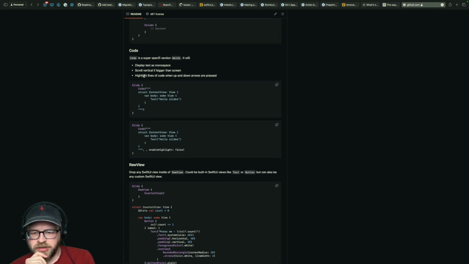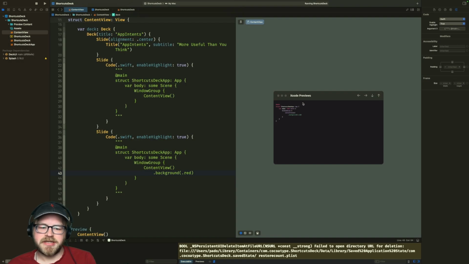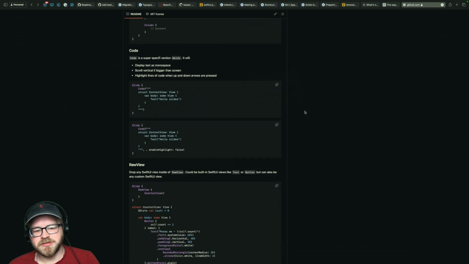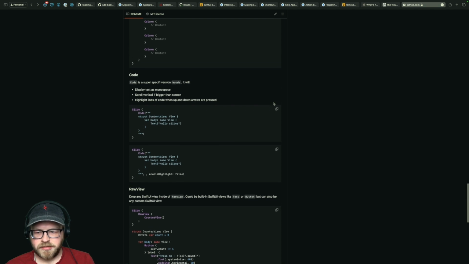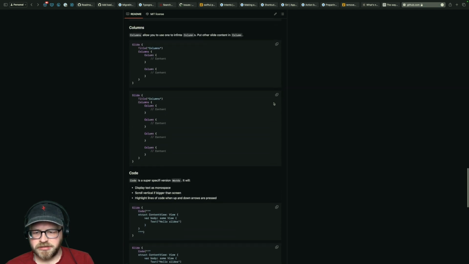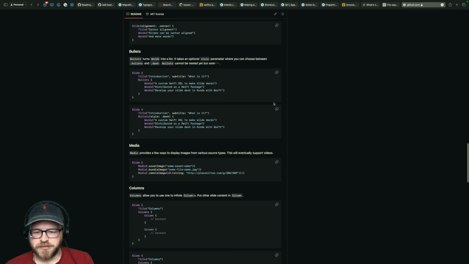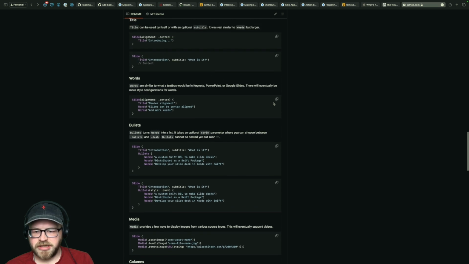Highlight lines of code when up and down arrows are pressed. Ah, that's what that enable highlight is. So I can reference individual lines. That's cool, but less cool than I would have hoped. I thought this thing had some like magic move type shenanigans to it.